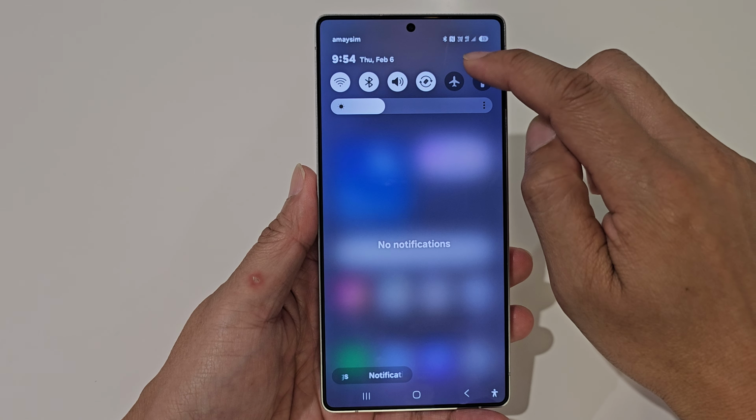Make sure it is turned on so you can add in other panels. Next we go down and tap on panels and then tap on apps. So tap on the checkbox here to remove the apps panel or to add it to